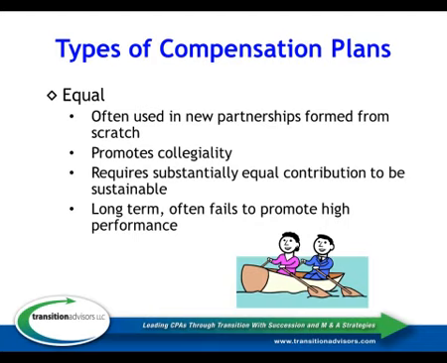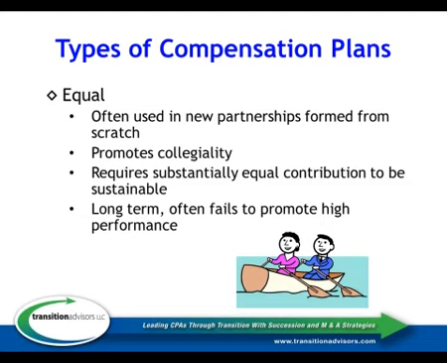We typically see equal compensation in situations where a firm starts off from scratch. It's not unusual to see maybe 2 or 3 young people leave a larger firm and decide to go out on their own. They've got no clients to speak of, or maybe they've brought a few clients with them, but for the most part, they're all just eager and energetic, and everybody's out doing the same thing, looking for business, trying to grow the firm. And the feeling is that we're all in this together. We're all working as hard as we can. We really don't have the basis for any kind of allocation of profits other than we'll just do it equally.